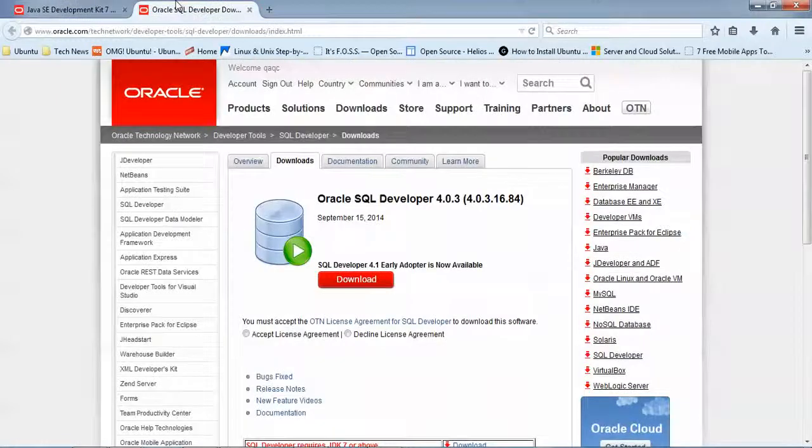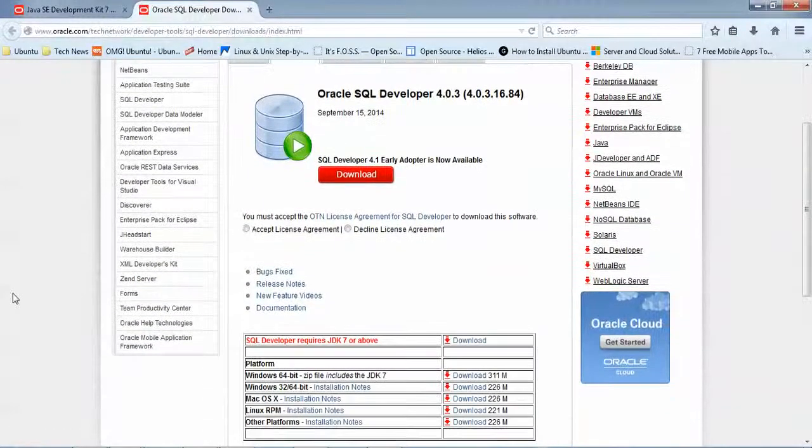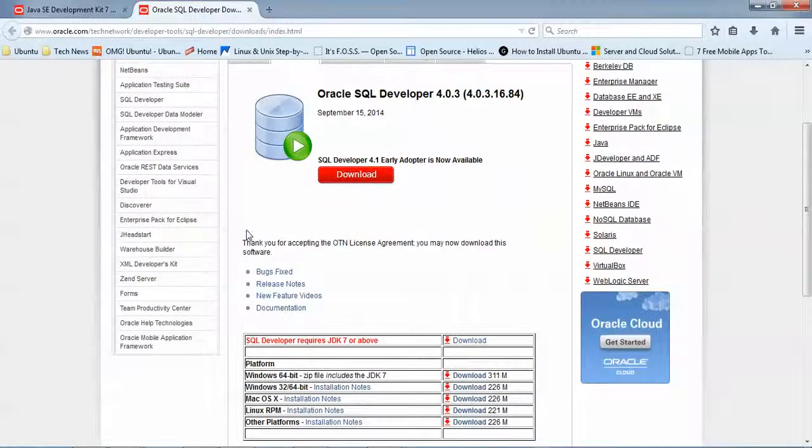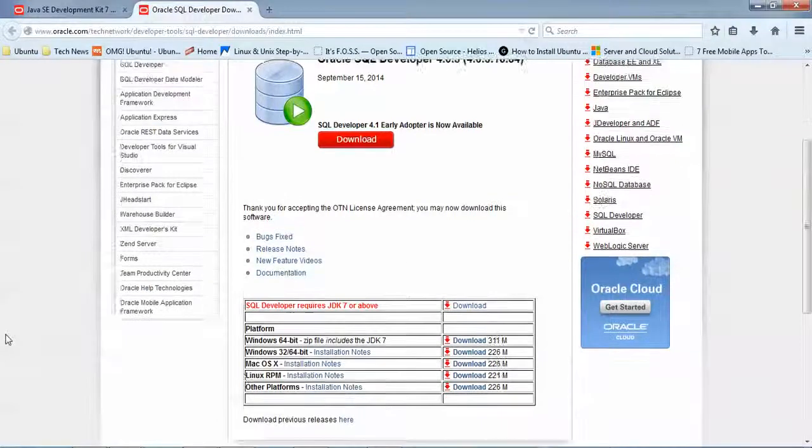After downloading this one, which is a previous version, you can see this is Oracle SQL Developer 4.0.3 version. For this download, scroll down. Before downloading, you need to accept the license agreement. After that, scroll down.